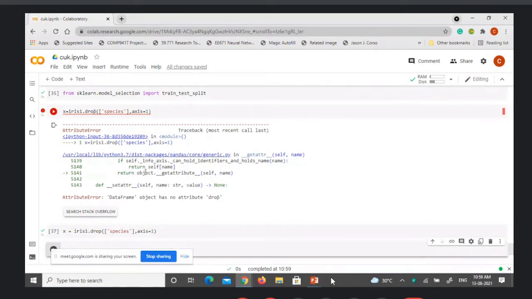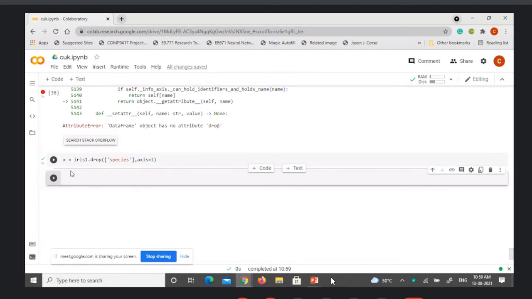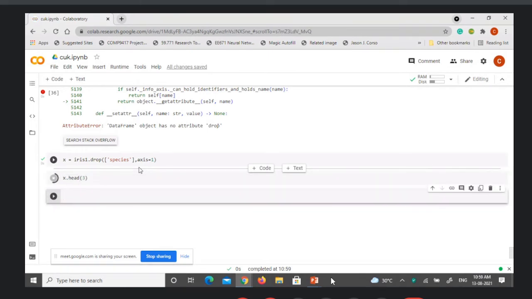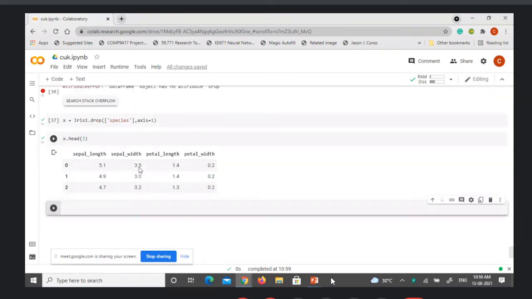Yeah, okay, here over the p there was some other character somehow. Now you can see X dot head of 3. You have no species available, so only the first 4 columns are available.